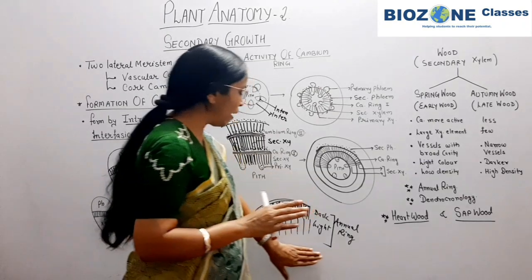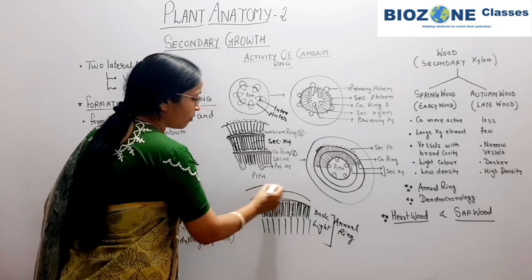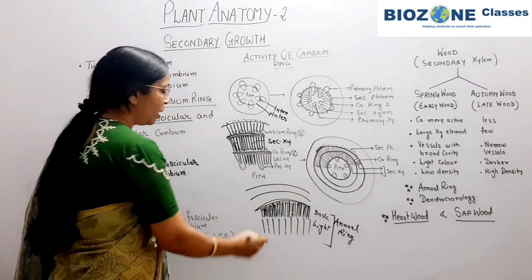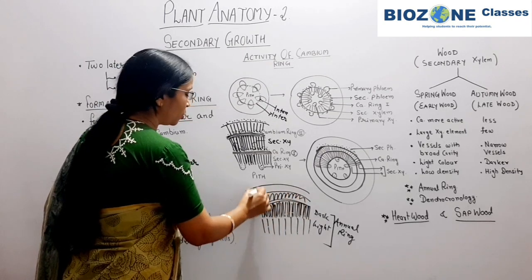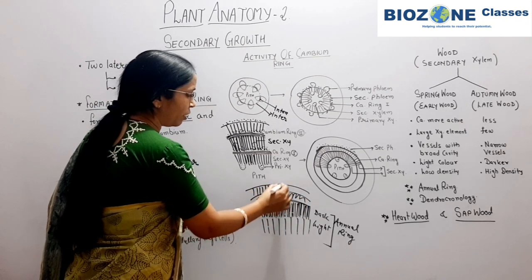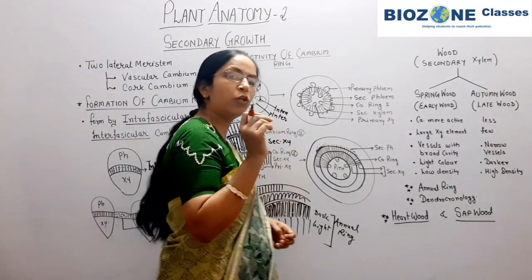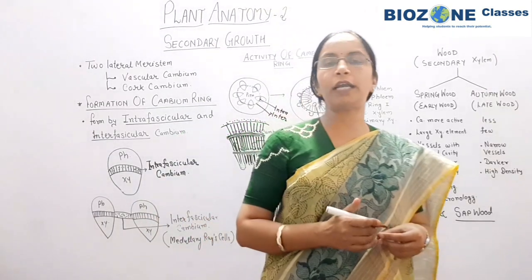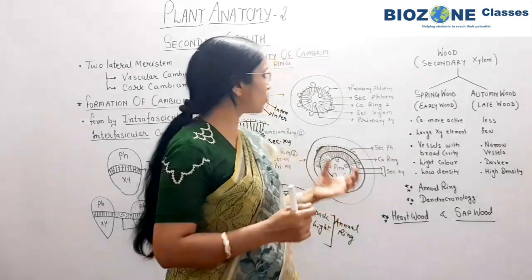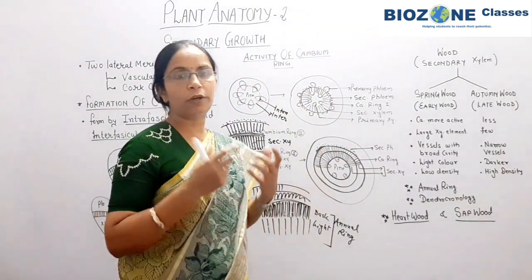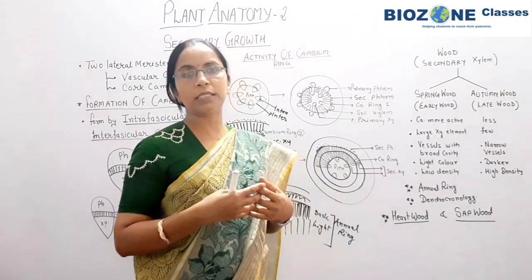Now what is happening? Every year one cambium ring is formed. Next year again one cambium ring is formed. Again one. Every year one cambium ring is formed, and because of that, in the form of lighter and darker colors, the annual rings are formed every year. So year after year. Suppose the plant is 200 years old, and nearly 8 to 10 years later, the secondary growth begins in the plant. So in a 200 years old tree, nearly more than 150 annual rings are present.